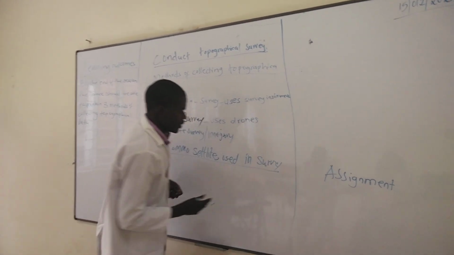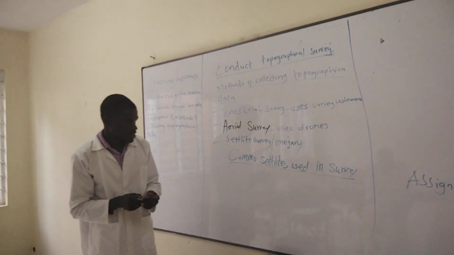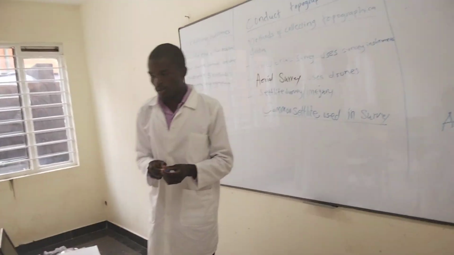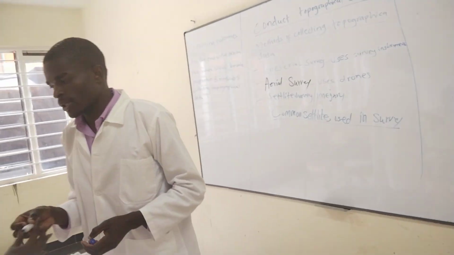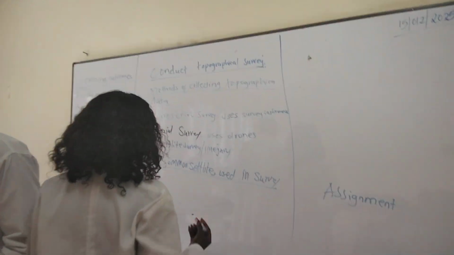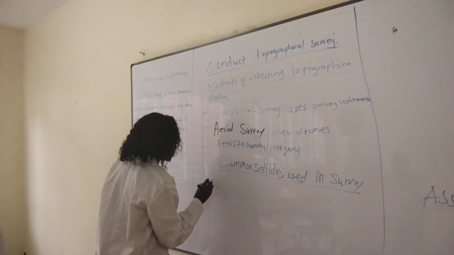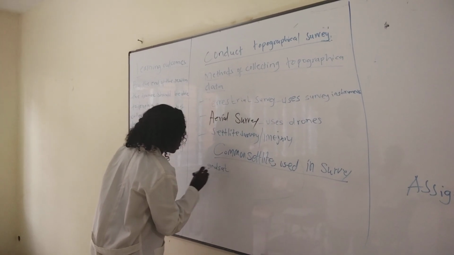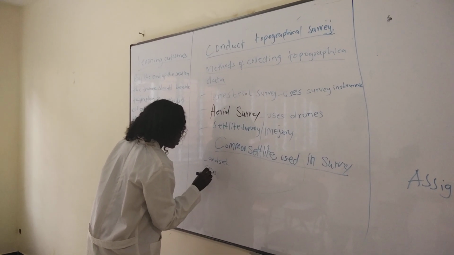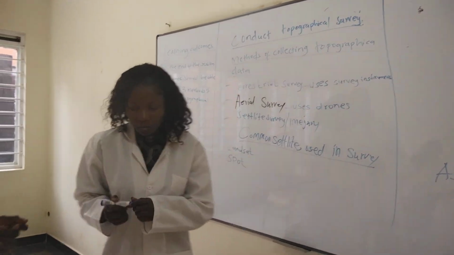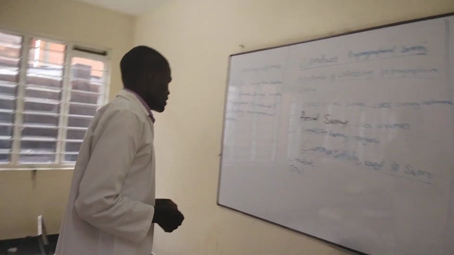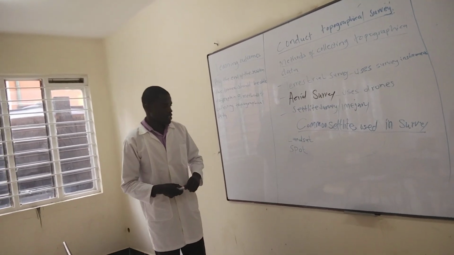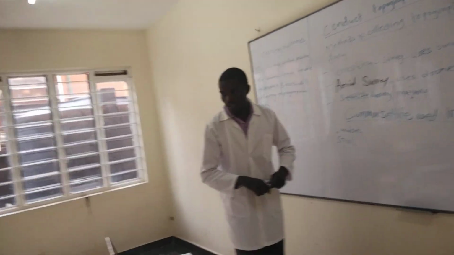I would like you to write down, to note down those common satellites on a piece of paper. We have number one, that is Landsat. Then we also have what we call the SPOT. Then another one,